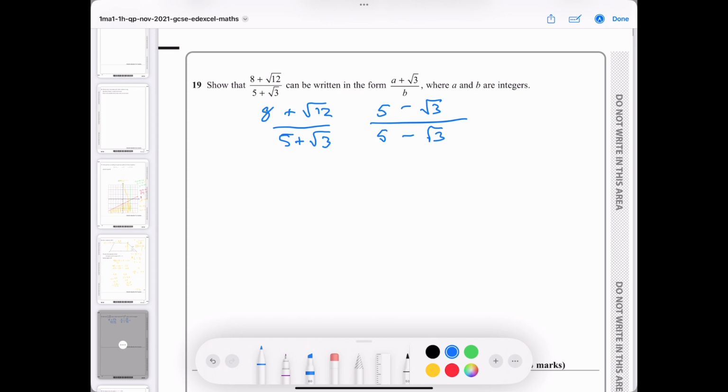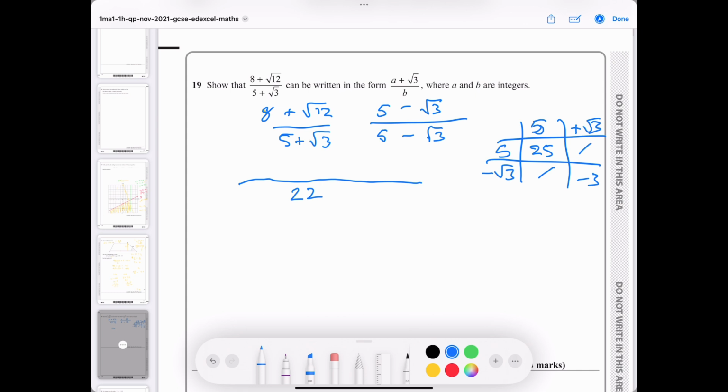Completing the square basically. So 5 plus root 3 times 5 minus root 3. If we show this on here, 5 plus root 3, 5 minus root 3. So that's 25. These ones cancel themselves out. Minus root 3 times plus root 3 would be minus 3. So on the bottom we're going to have 22, so 25 minus 3. On the top we're going to have